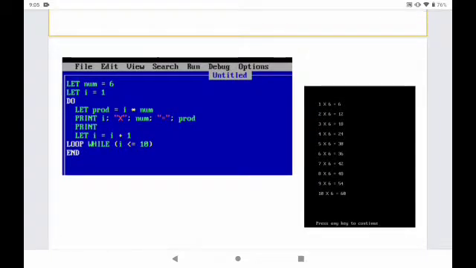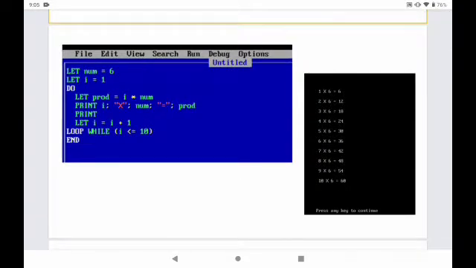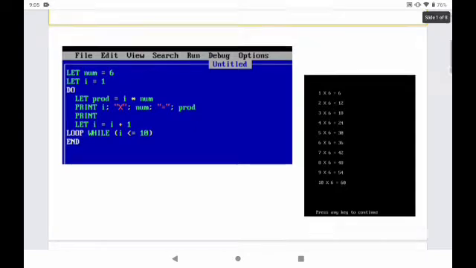As you know, in the first line we have given a num. What is num? Num is a variable here. So let num equal to 6 and let I equal to 1. Then we have given a limit to I, that is 1. So you will start the number from 1. For I, the starting or initialization value will be 1.